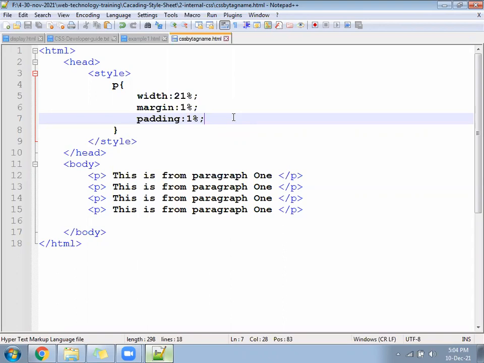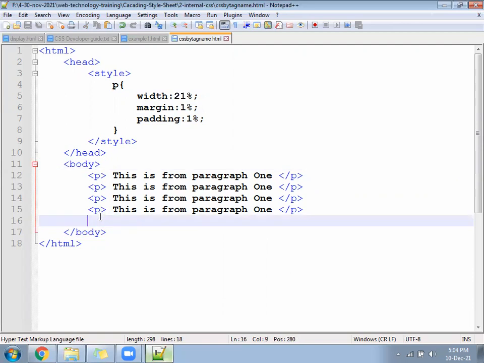So 2% you got the margin gap and 2% you got the padding gap. Total becomes 4%. 4% margin and padding and 21% width become 25%. 25, 25, 25, 25, 4 paragraphs we have, so it will cover equal 100%.